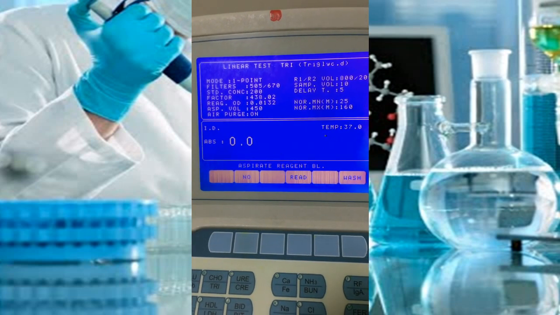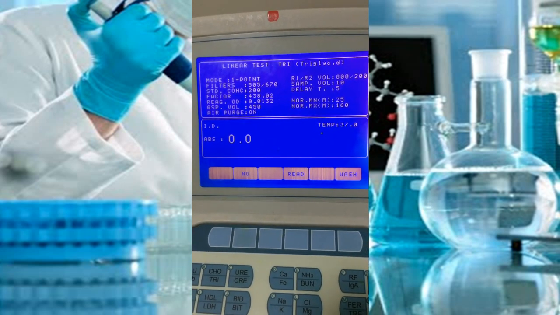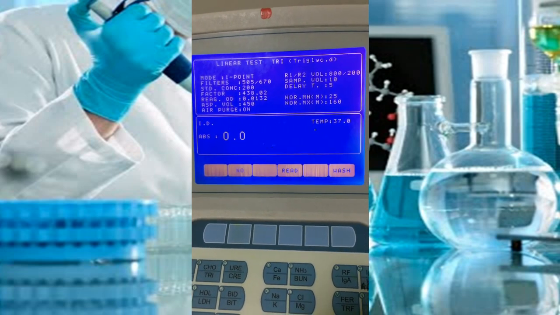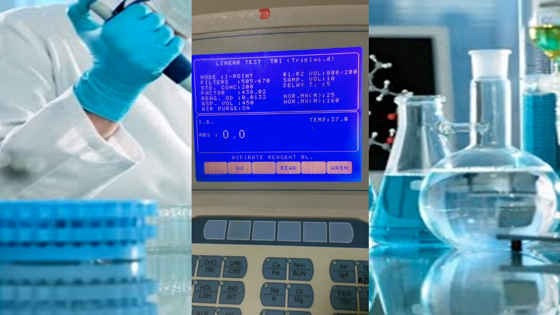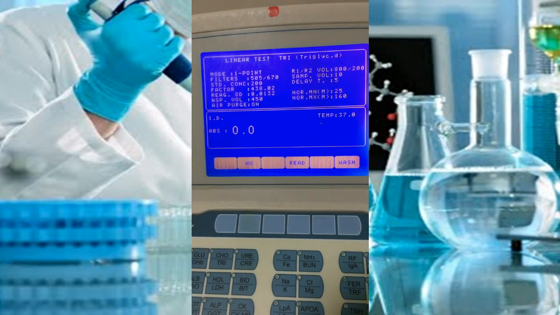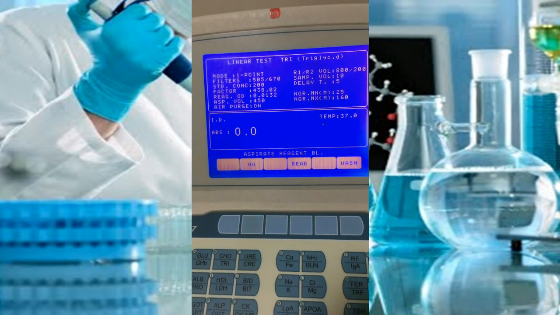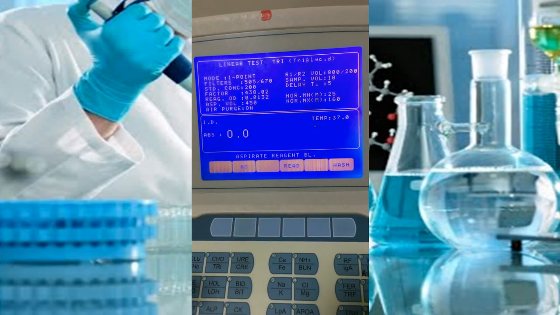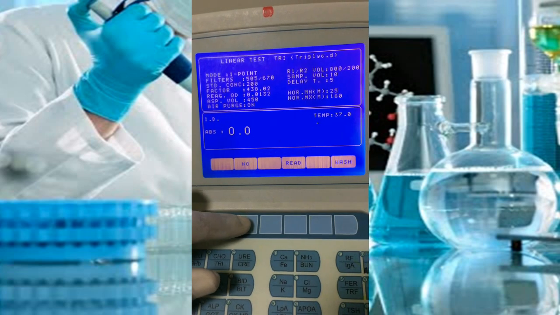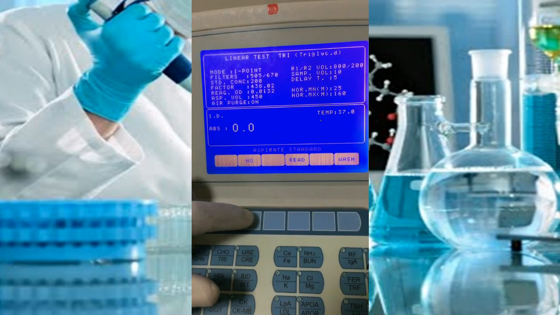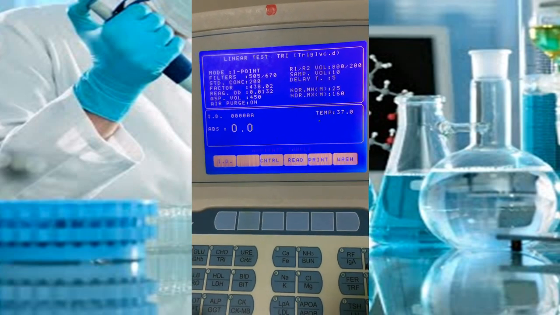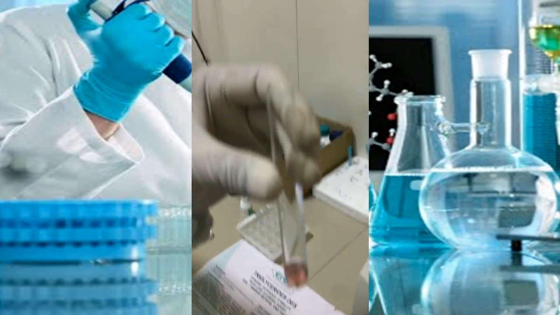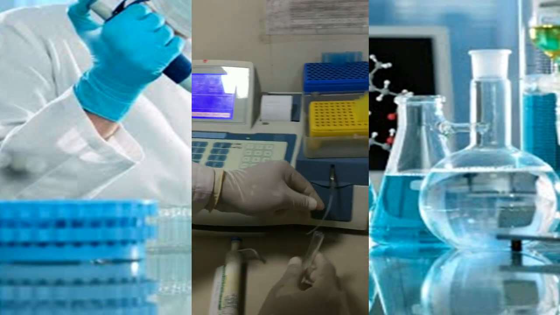Since we didn't prepare the reagent blank and standard, because the machine has already been standardized and the procedure has already been standardized, we do not require a reagent blank and standard here. We directly go for the test. But while you are doing it, you need to do all three things. Here we press no for the blank and no for standard as well. Now it is asking for the sample. The sample which has already been incubated is to be aspirated here.